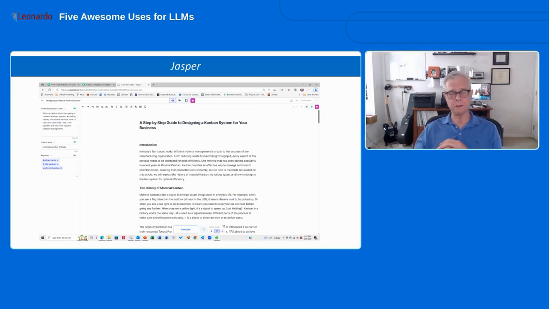But one of the add-ons that we played with that I like is called Jasper. So Jasper, think of Jasper as a combination of AI and Word. Now, the way this is going to be obsolete is Word now has Copilot, so Jasper may be in trouble.